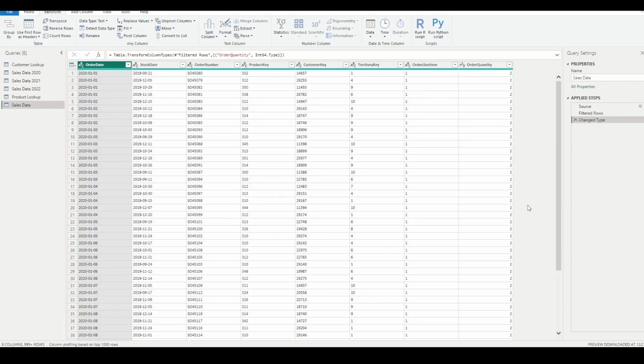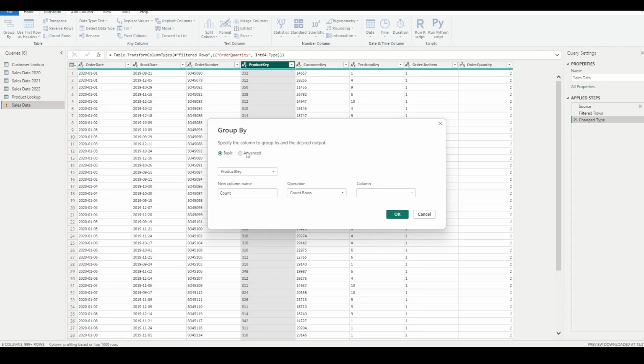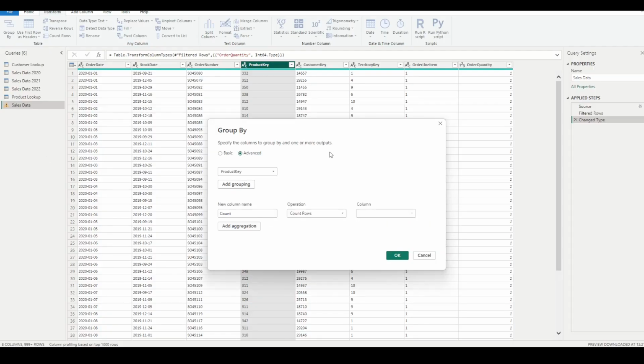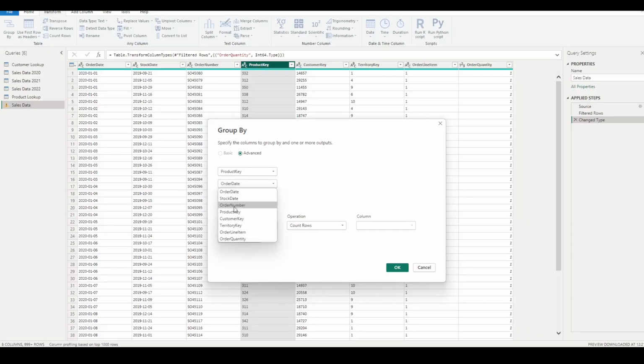Now, what if I want to look at the customer and product combination of the total orders? So this time I need customer key, product key, and the total orders. Very similar. I need to go to Group By again, and this time instead of basic, I'll go to advanced. Now in advanced, I'll add one more grouping here, and I'll select customer key. I'll name this as total orders again, and it's still sum here